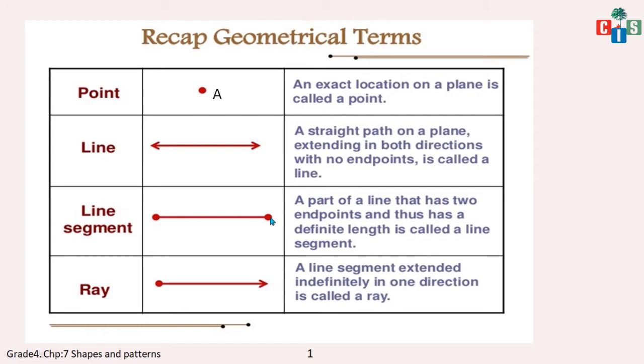जब भी dot होता है ना तो क्या होता है, वो end points होते हैं. So it is a line and it is a part of a line and it has two end points, and if it has end points means you can measure it. Yes, it will have a definite length, it will have a definite measurement, that is known as a line segment. So line segment के लिए क्या होना चाहिए? First of all, वो एक part of line होता है और उसके पास two end points होते हैं. If it has end points, you will be able to measure it.